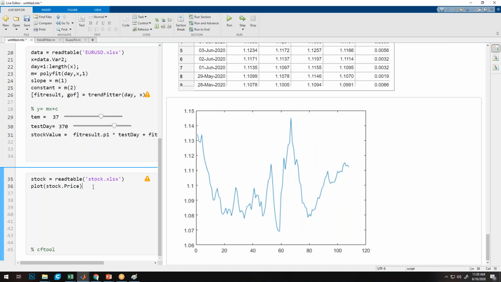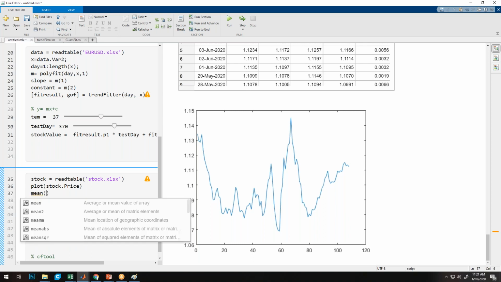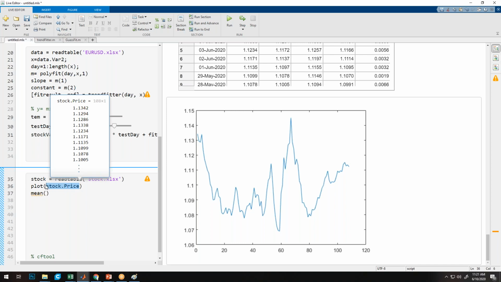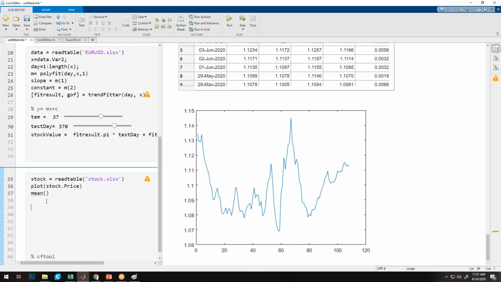Now, in order to see it on a better scale, I'll subtract the mean. Whatever data it has, I'll find the mean of it to see a kind of residual plot: mean of stock.price.